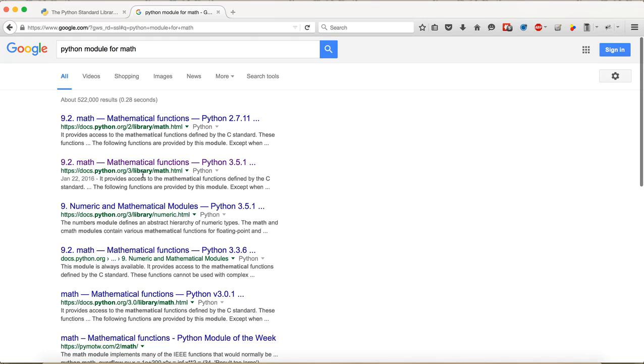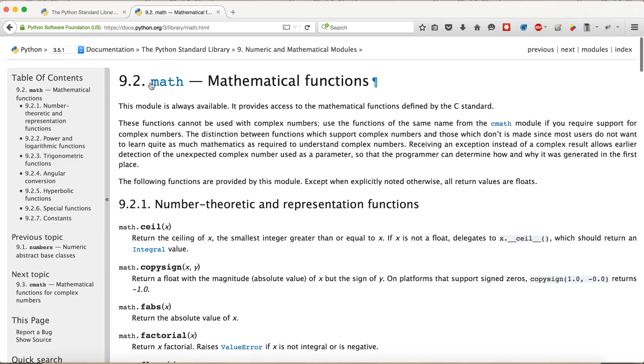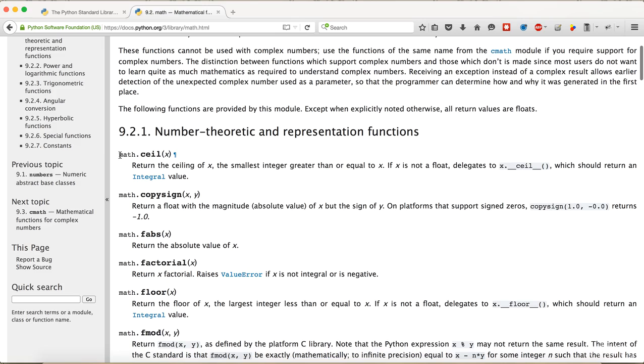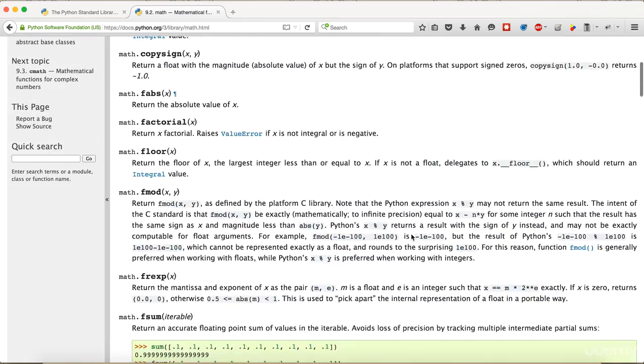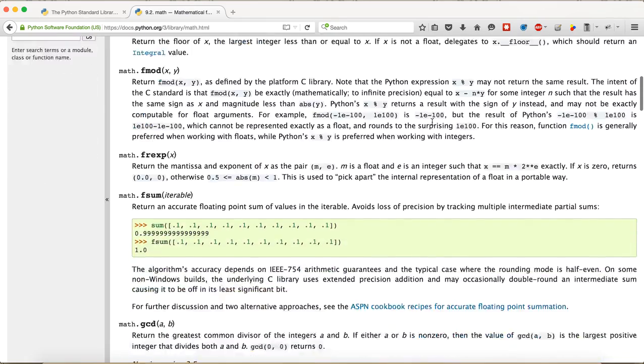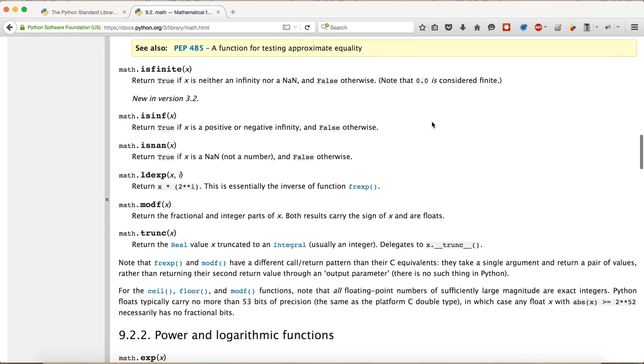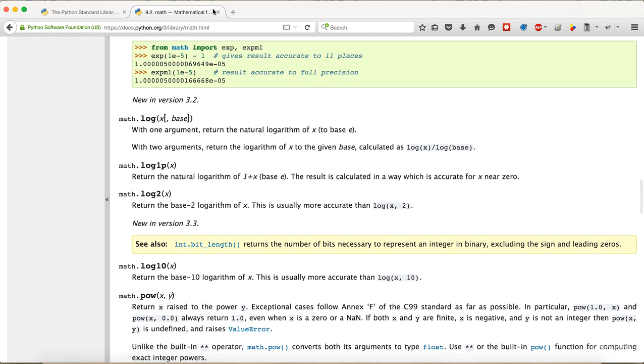If I type that, I'm just gonna get some top hit results, and one says 2.7.11, and this one says 3.5. So definitely we're interested in 3.5. I'm just gonna open this, and this shows it, right? It is the math module in Python, and all these are the functions available in the math module which we can utilize. So we don't utilize the module itself, we utilize the functions which are available in modules, right? There's a function for factorial, floor, and GCD, pretty much everything, right? Isnan, modf, a lot of functions already available in Python.